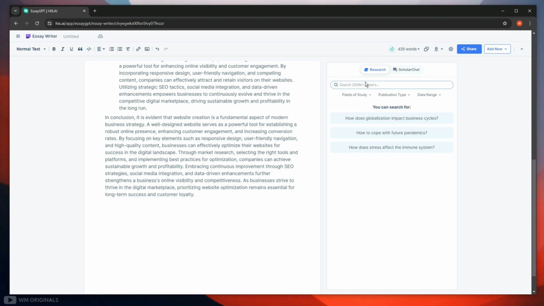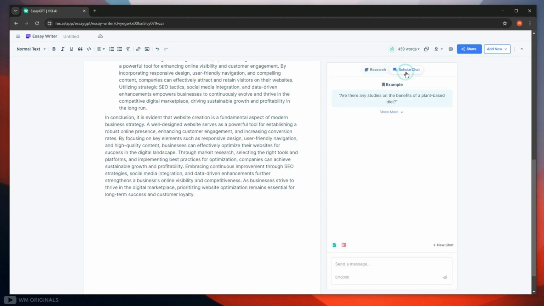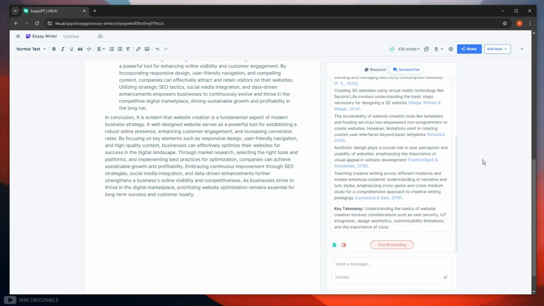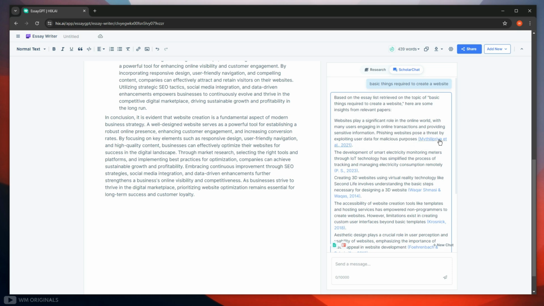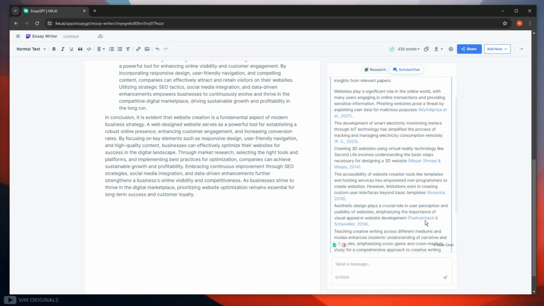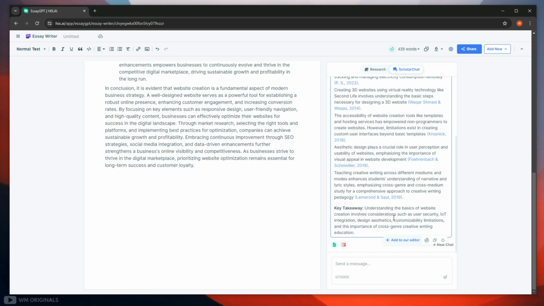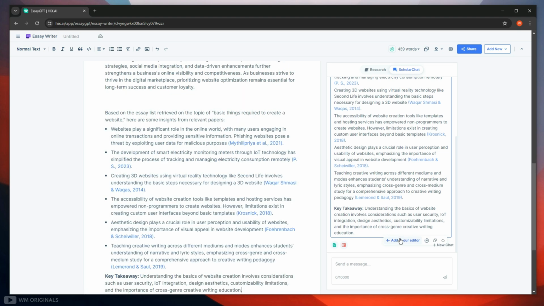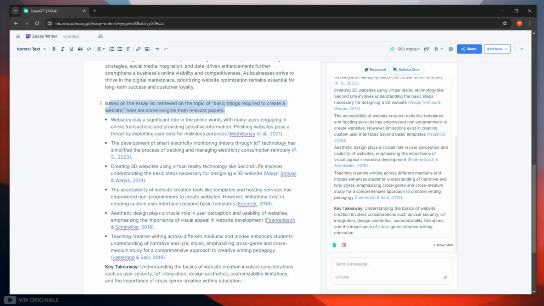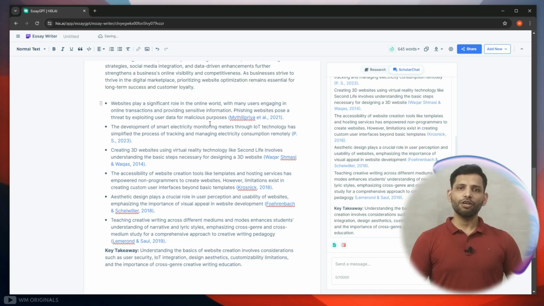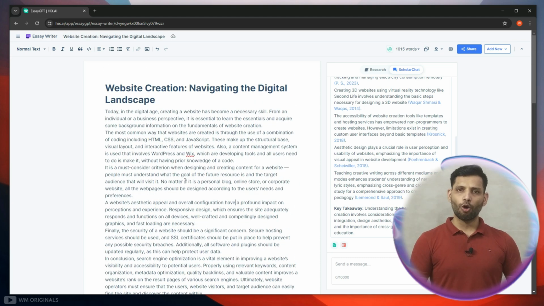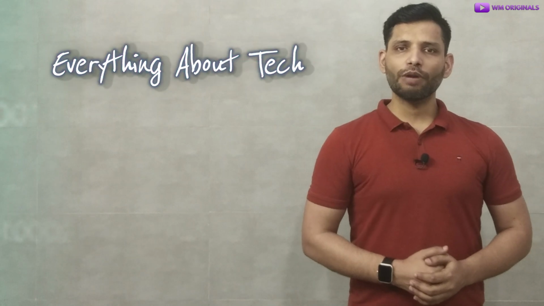Well, not only this, we can also use the EssayGPT Research Tool or Scholar Chat to add more content to our document. Let's add some more text, like let's ask it for basic things required to create a website, and within seconds we will get a brief response from Scholar Chat. Now we have not only got text for our document but have also got sources for the same. Now as we are making a research document, we can simply add this data to our essay writer editor. Simply click on add to editor. We can make further edits like removing this text. Now see, here we have created a comprehensive research document on the topic with conclusions. Simply fantastic work by EssayGPT.